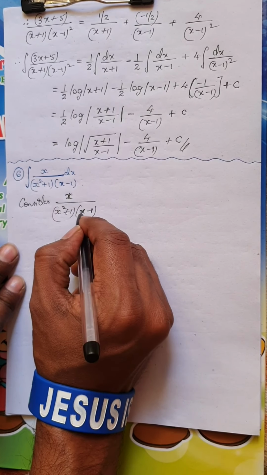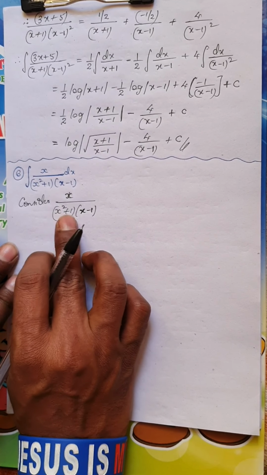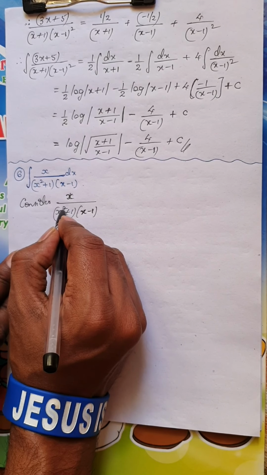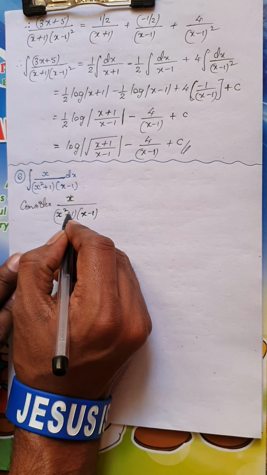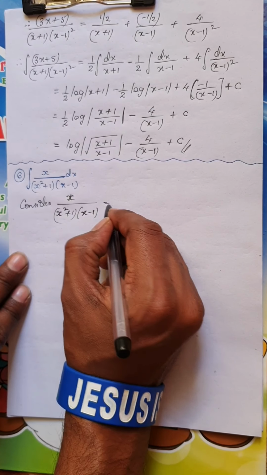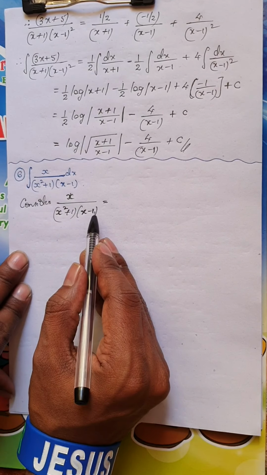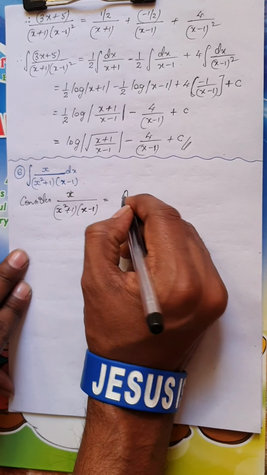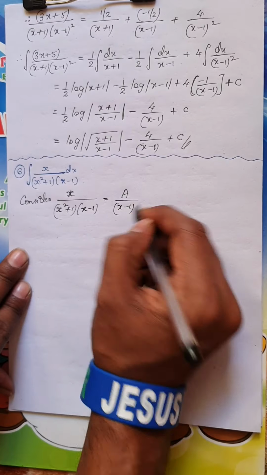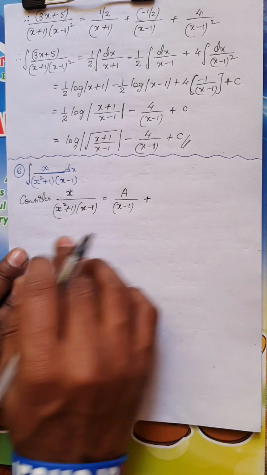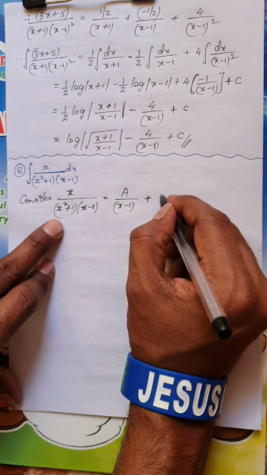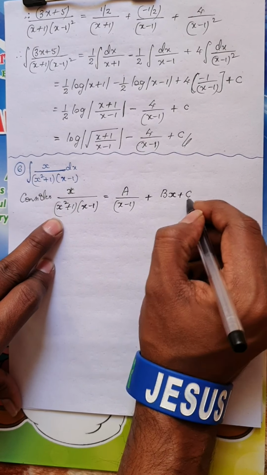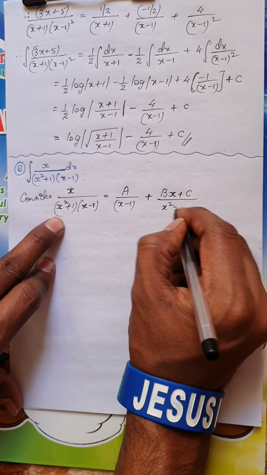Remember, in all the previous ones, you either had the linear factors or the factors with power, but here I have a quadratic form x square plus 1. Whenever I have a quadratic form, there is a different way of splitting it into partial fractions. First, this term is a linear factor, so I will take it as a divided by x minus 1, plus, for the quadratic factor, you have to take two constants together, of the form bx plus c divided by x square plus 1.